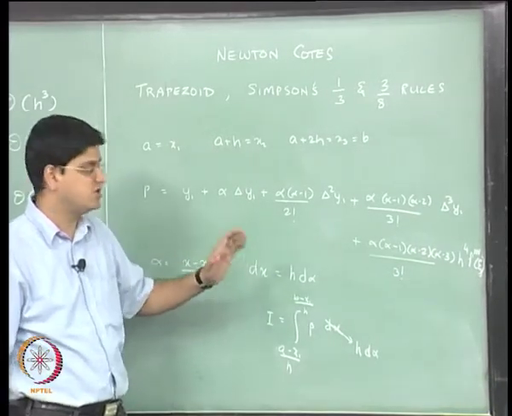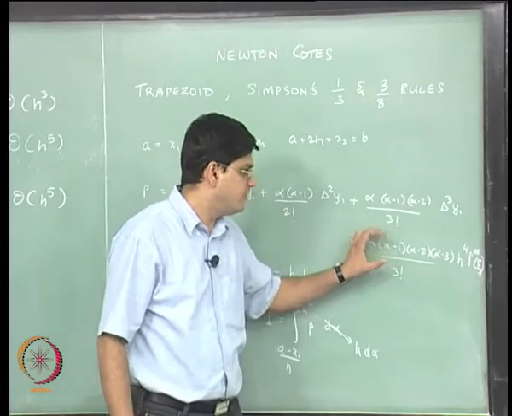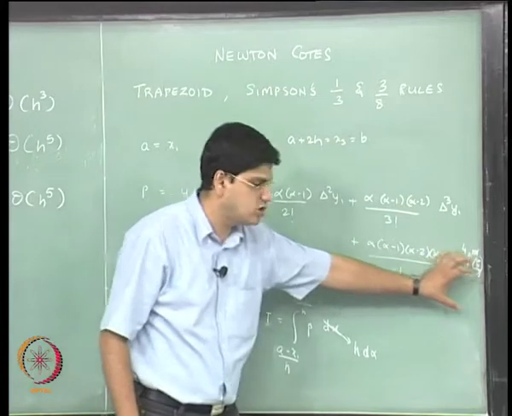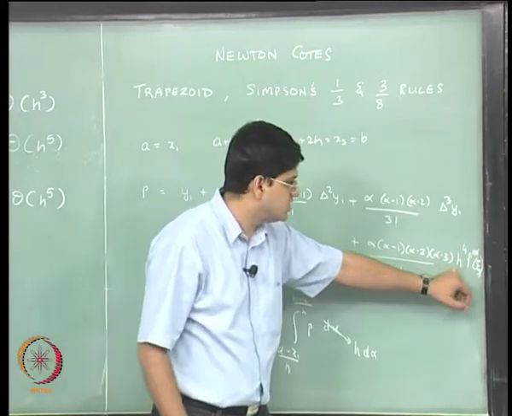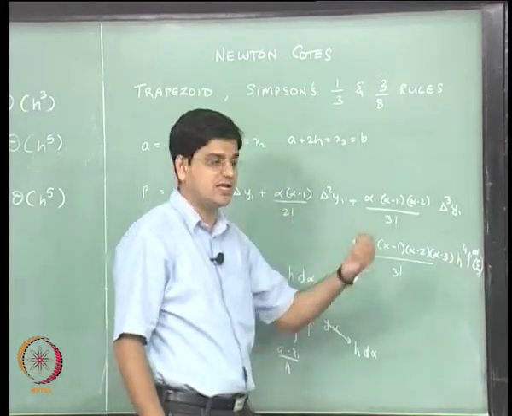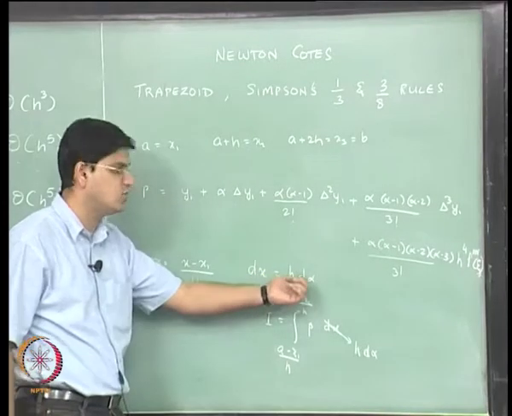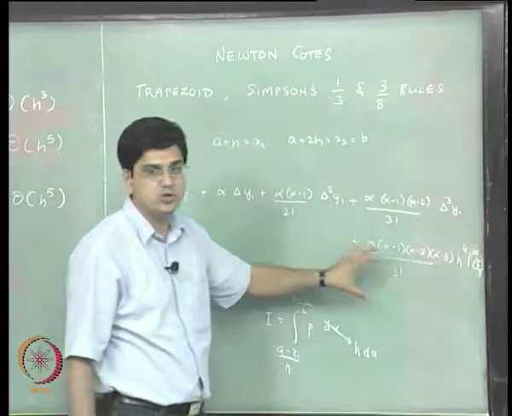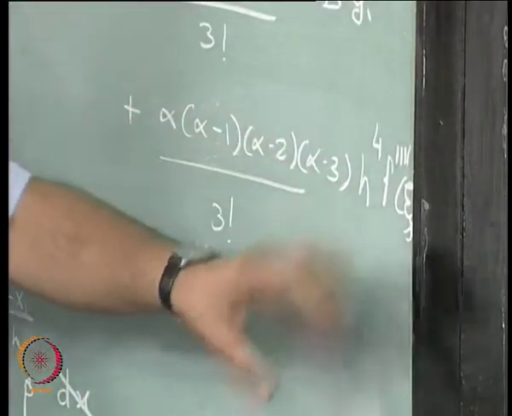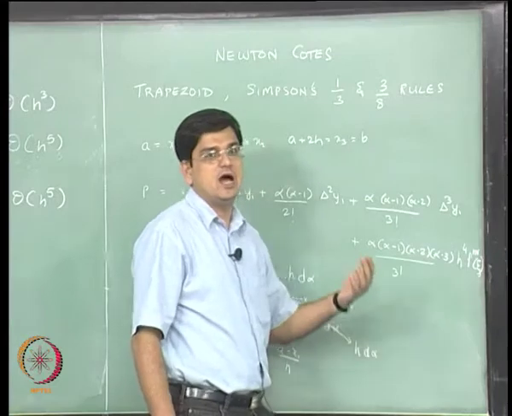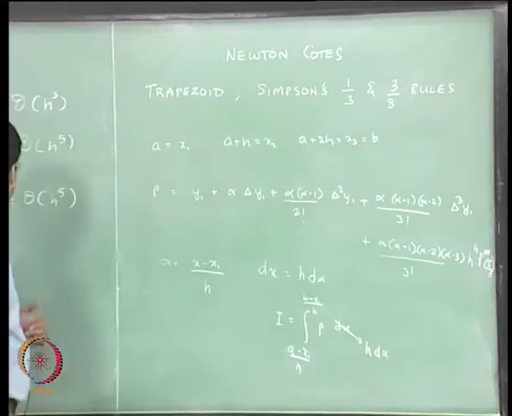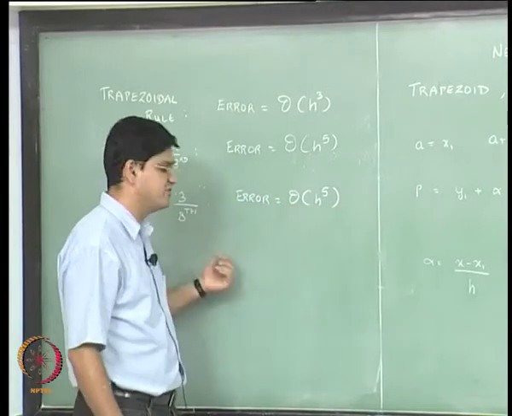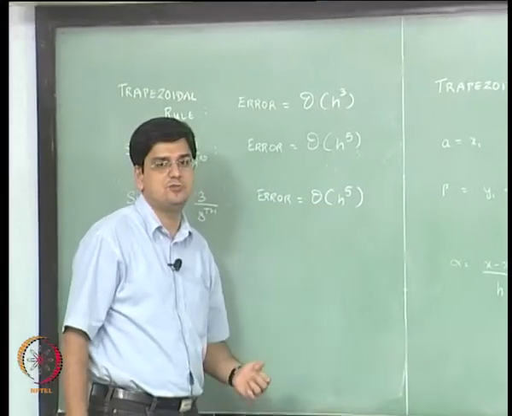When we do the derivation for Simpson's 3/8 rule, we will find that this particular term does not disappear, this particular term also stays there. This term is h to the power 4, we will get another h factor because of dx equal to h d alpha. So we will have this particular term when we do the integration corresponding to h to the power 5. Okay. Because that term does not drop out, we have the accuracy of the Simpson's 3/8 rule to be h to the power 5.